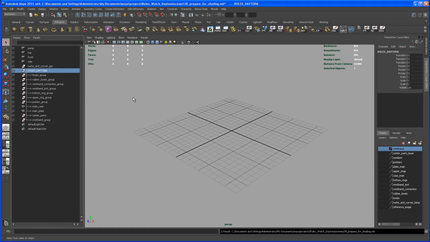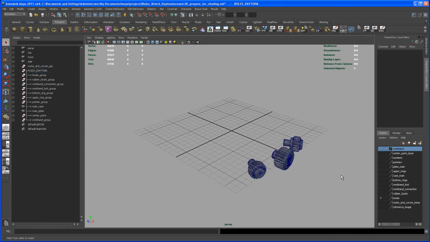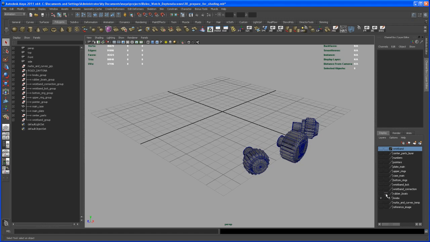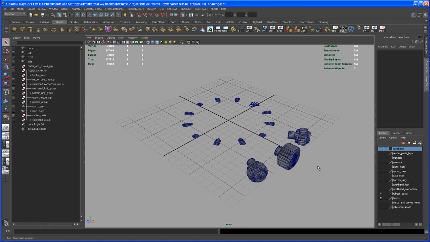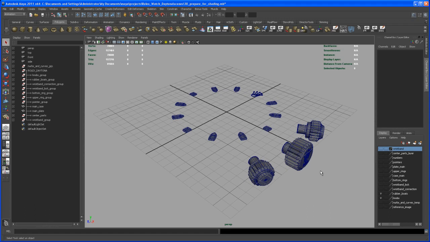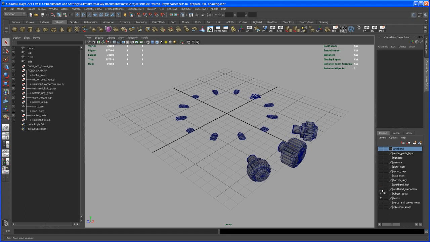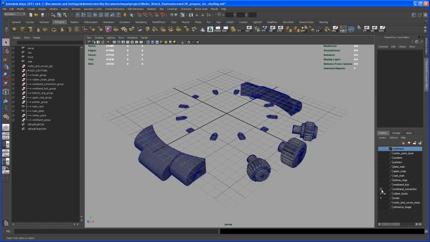So I've got here some layers on the right side. I have the reference image on, and then the NURBS curves and stuff. So here are the knobs on a layer, and then those little rubber boats and stuff on that watch, so that you can easily turn them on and off while you're shading or whatever. You can just turn those layers on and off to have a better look at what